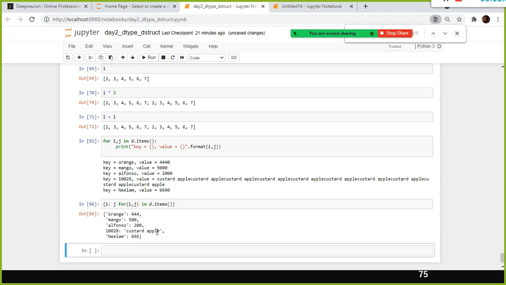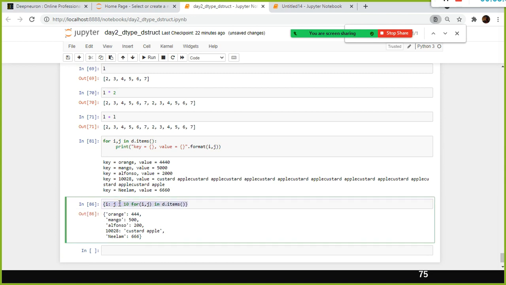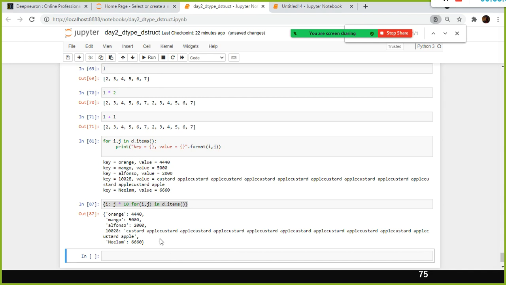Oh, because here I have custard apple, right? That's the problem. Yeah, earlier whatever I tried was correct only. Here it was correct only. The problem here is we have the value as custard apple. That's the reason why if I multiply by 10, it is doing it 10 times. And if I multiply this by any numerical, obviously it gets multiplied. So the value was 4,444 only, right? Yeah, see, it was happening correctly.